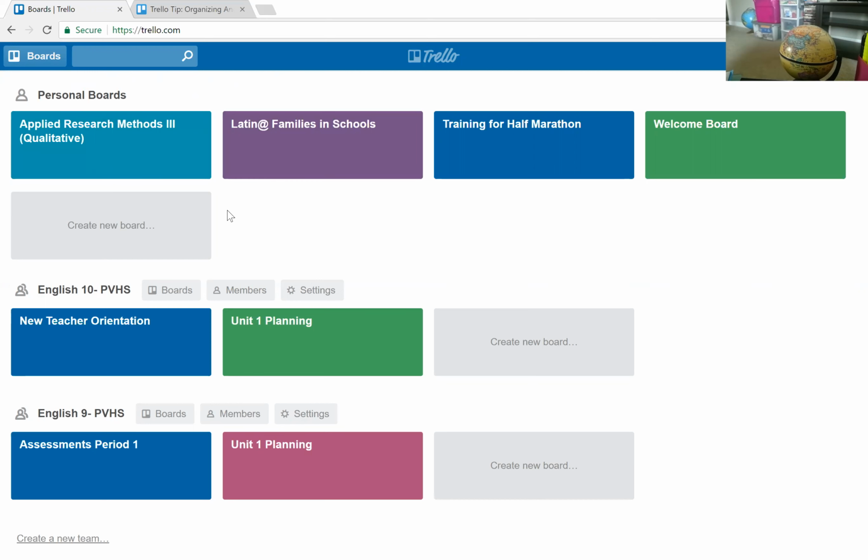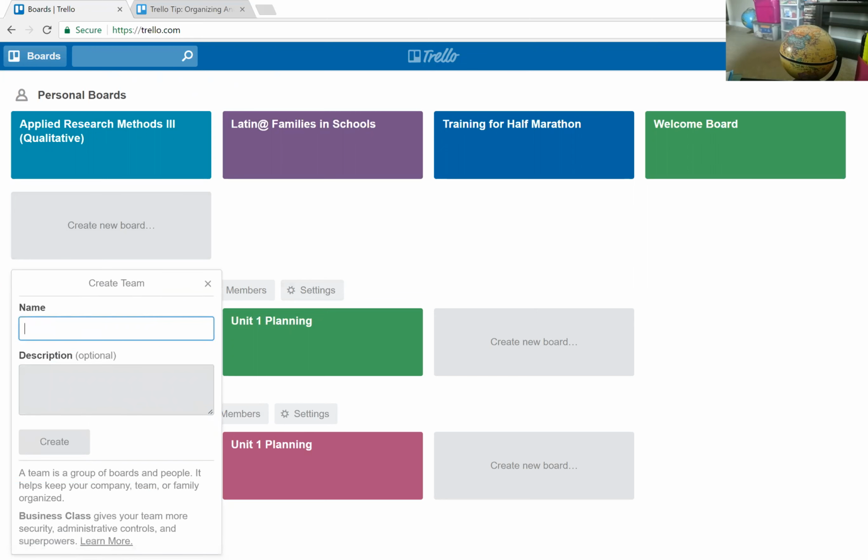And so as you can see here, I added an English 10 PVHS board and an English 9 PVHS board. Each of these little things are called boards, hence create a new board. And each of these little guys with the little men looking things over here are the teams. So the first thing that I want to do is create a new team. So I'm going to go down here to create a new team, and in that, I am going to name it